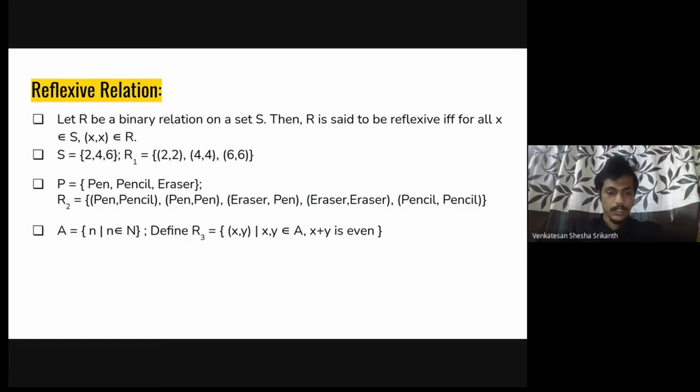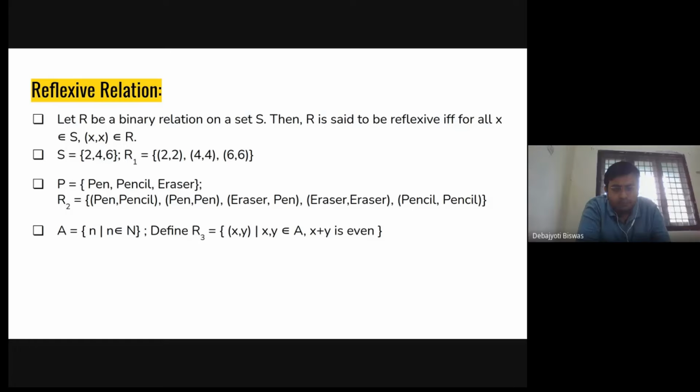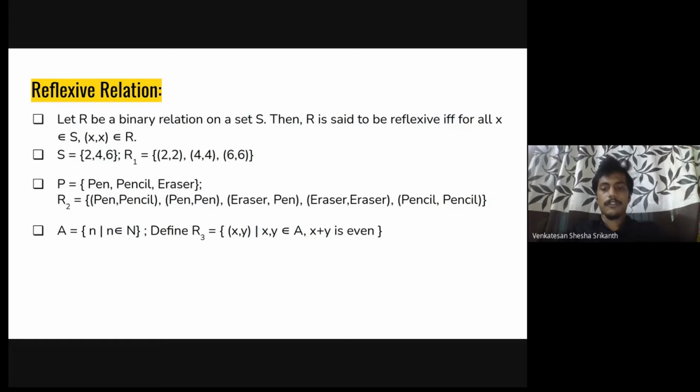Now what we do is, when we are given set comprehension, we try to write it explicitly. Just try to write it explicitly. So what will be our A here? As it is the set of natural numbers, it starts from 0, 1, 2, 3, 4, 5 and so on till infinity. So these are my elements in my A.